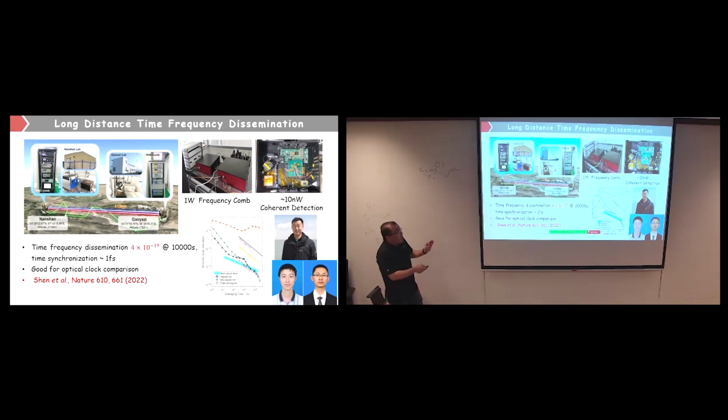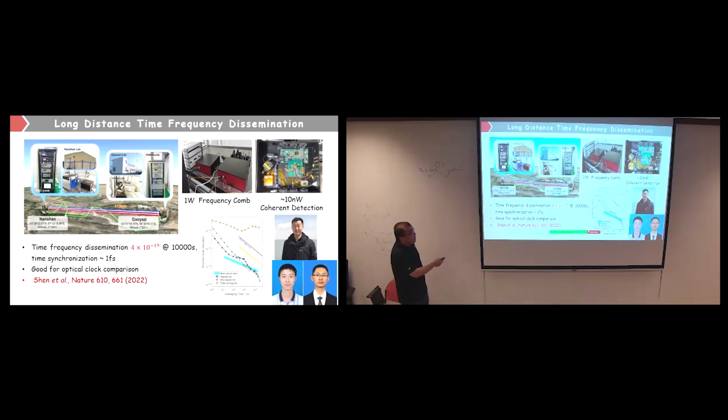So if you can do it in the ground station, you can do 100 kilometers, which means you can do the satellite-ground measurement. In 2 years, we will put an optical clock on the ground station. We will launch another new satellite. It will eventually go to the GEO orbit, and it will have an optical clock. It will compare that optical clock with the ground station optical clock.